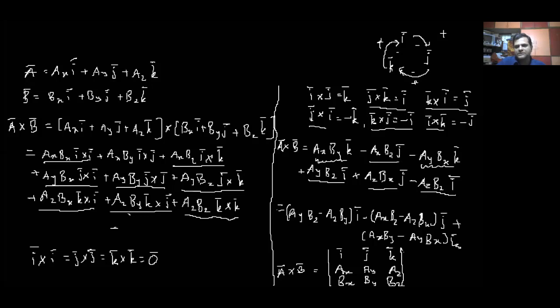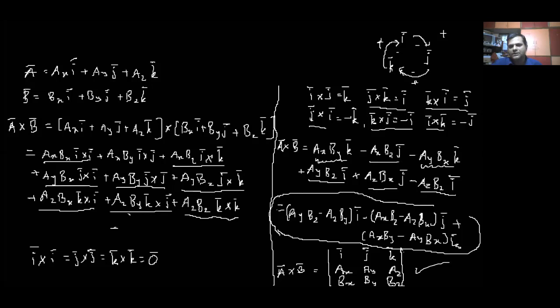If we expand this determinant, we get this whole expression as it is, as a final. Hence you can see that this determinant form is more useful to remember, and that's why we can say this whole expression is equivalent to the expansion of this determinant, and that's why this determinant itself is called